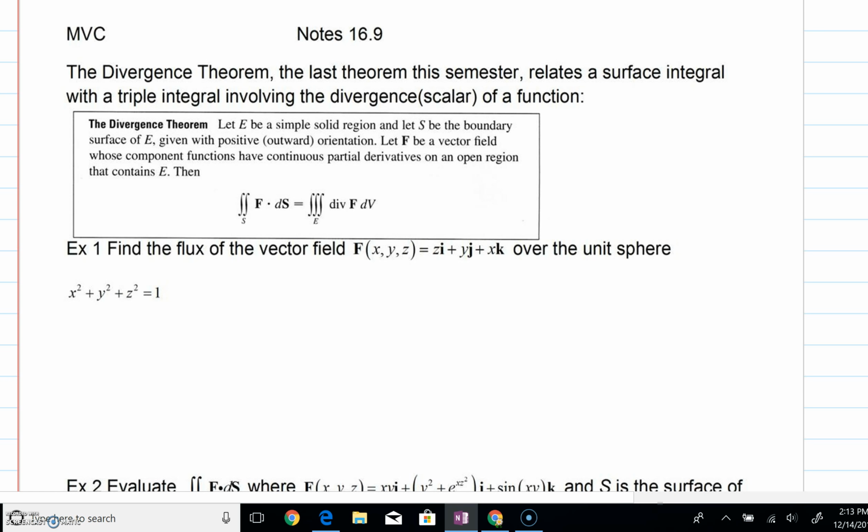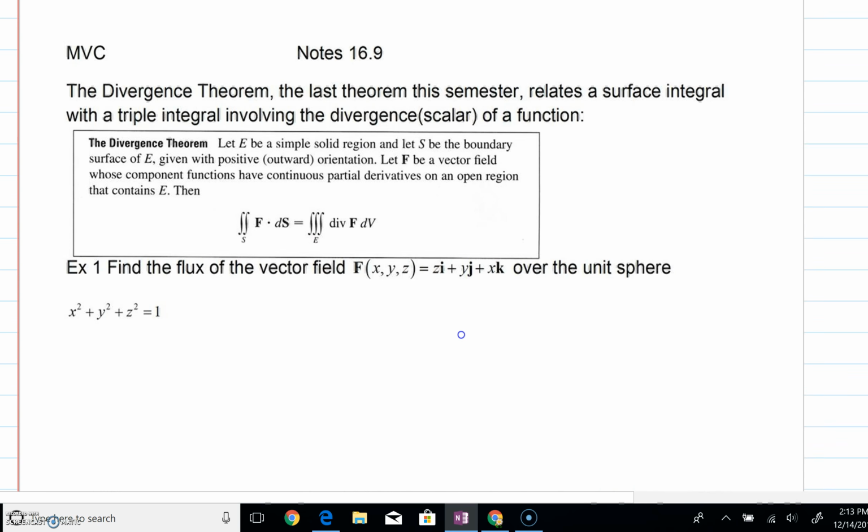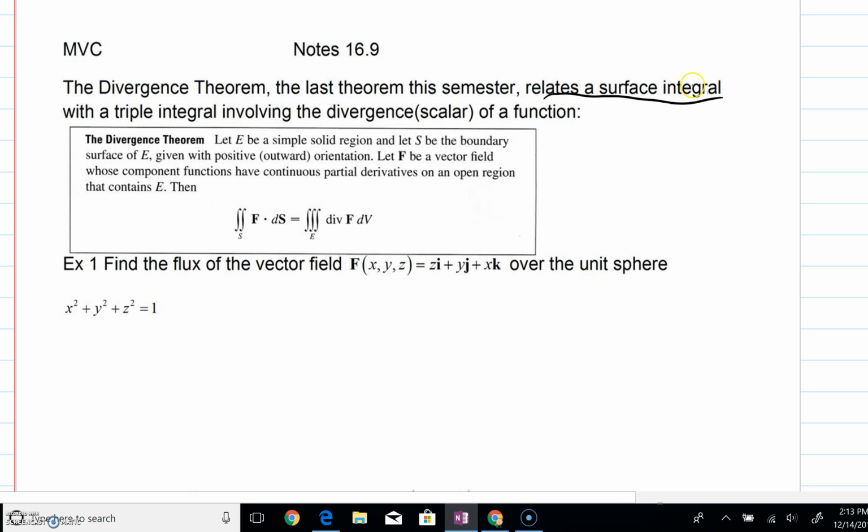The last lesson in multivariable calculus in our textbook, 16.9, the divergence theorem. This theorem relates a surface integral, that is the flux, with a triple integral involving the divergence of a function. So really what we're going to see is that this surface integral, this flux, could be rather complicated, especially if